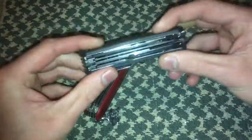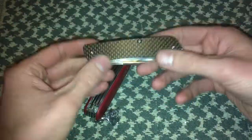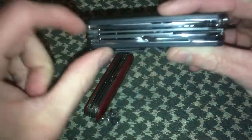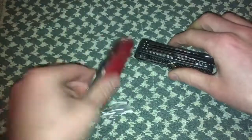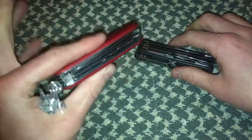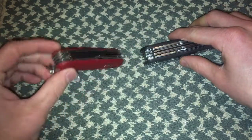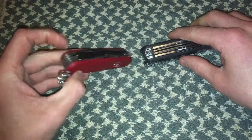And then, like I said, it's just disappointed by this. It could be a lot better than it is. It's fairly heavy because you've got those full steel liners in there. It's got thicker tools. It should be better, but it isn't. So, definitely, you can form your own opinion, but I'd go with the Victorinox Huntsman 2. Same tool set pretty much, more function, because you get the scissors, tweezers,